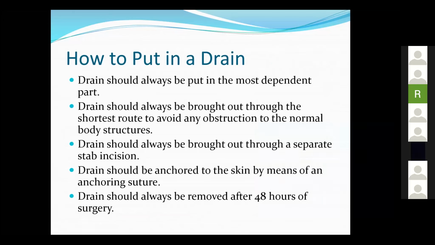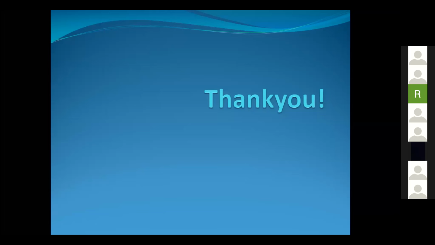When we are putting in a tube drain, it should preferably be put in the dependent part and by the shortest possible route, where there are fewer chances of kinking and obstruction. We can put it through the main wound, but it is better to put it through a separate stab wound. We secure them preferably with suture material which causes less reaction, and you can leave them for as long as you want the tube to serve its function, and then you remove it. If there are any questions, I will be happy to